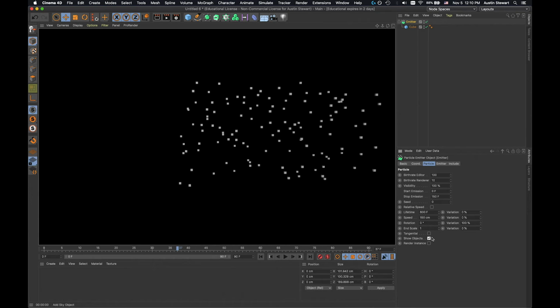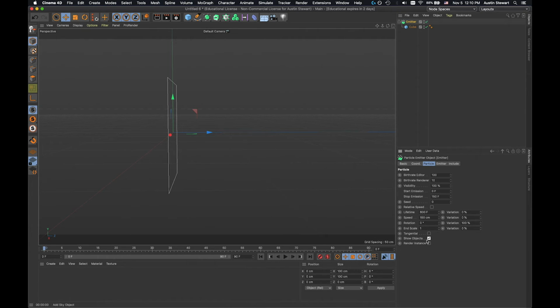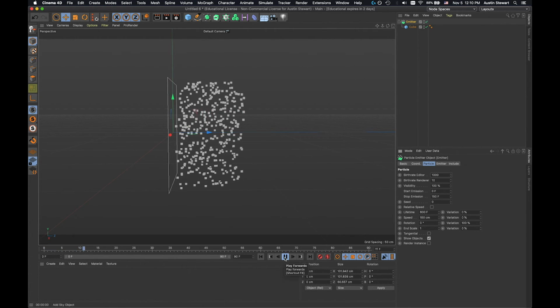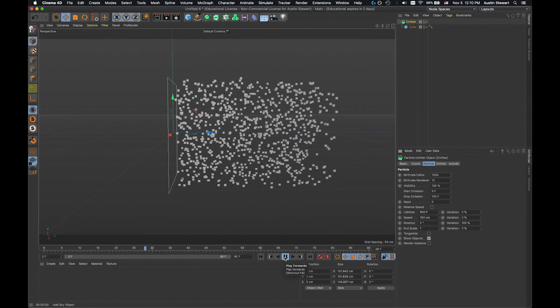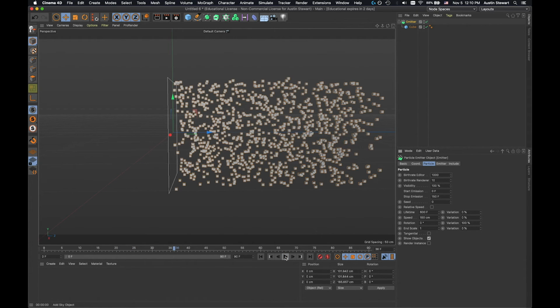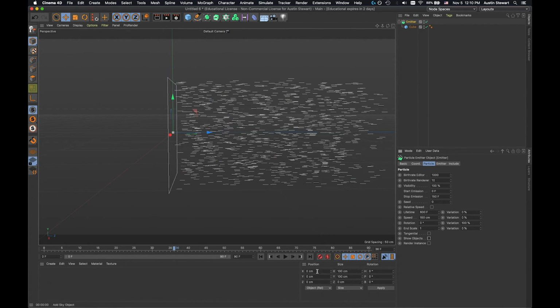So why do we have this option to show or not show? Because showing the objects takes a lot of performance, especially if we start increasing this to, say, 1,000 particles per second. You can see how much more slowly this is going, especially as I get further along. If I have too many objects showing and I'm running through this in real time, eventually Cinema4D crashes. And so by turning off Show Objects,